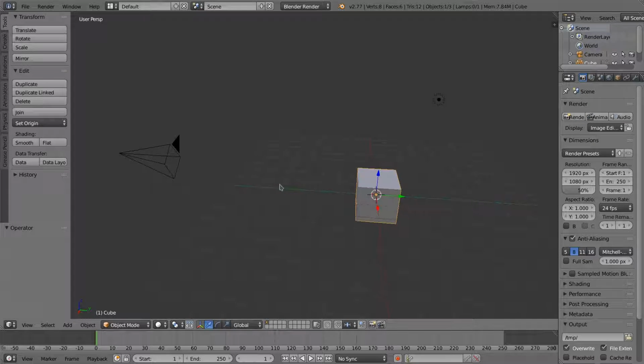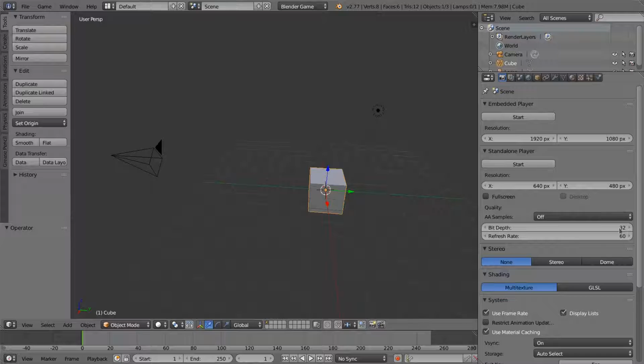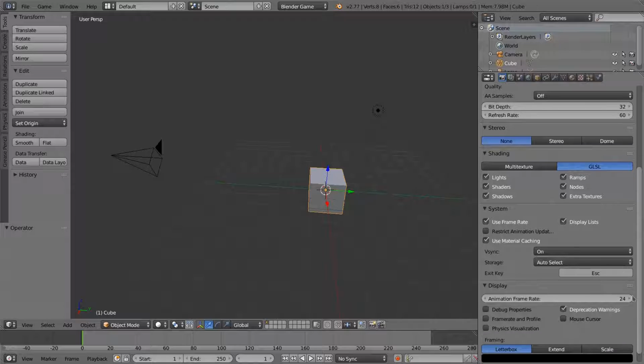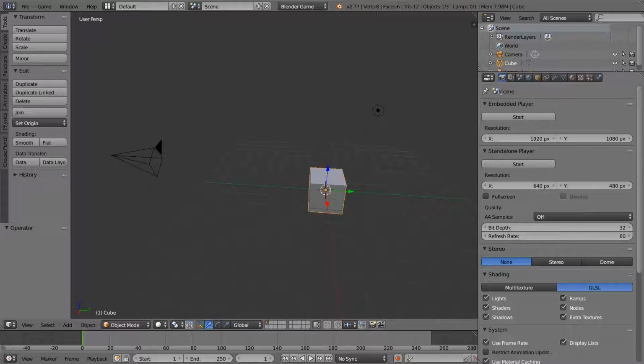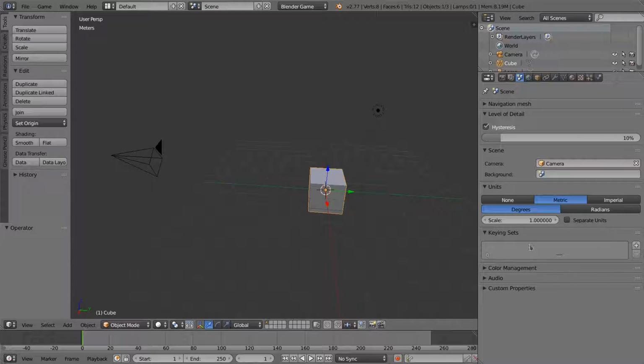So now we can move around. What we're going to do is, I'm going to set this over to Blender Game. Set it to GLSL and under shading. We're going to go into the scene settings. Set it up for metric. That should be done. I'm also going to set my snapping mode. Just going to set it to enabled,